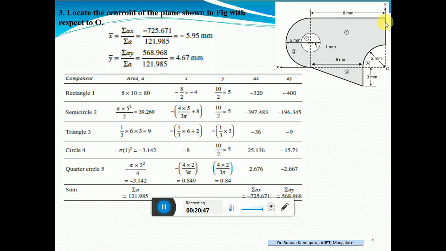So y bar is somewhere lying here. Okay, x bar at this distance, y bar at this distance, and that is what the negative and the positive sign indicates. You will be able to plot the point with the sign and with the magnitude. So this is how we found out the centroid of this shaded portion, which included a quarter circle, a circle and a quarter circle. We'll move on to the next problem.